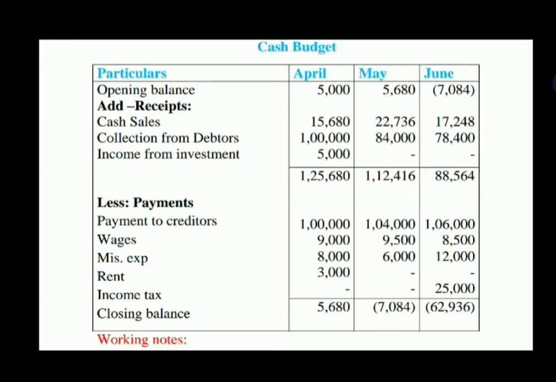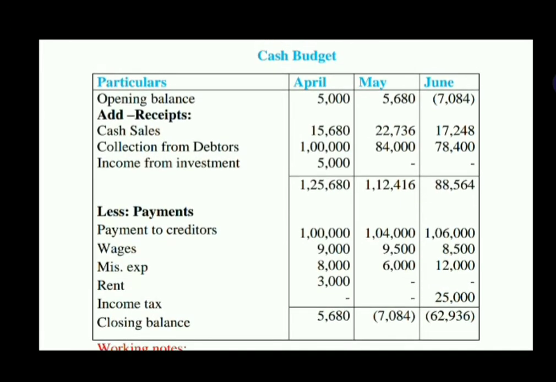This is a pro forma of cash budget. So here, this pro forma of cash budget is according to the receipts and payments method. I repeat, this pro forma of cash budget is according to the receipts and payments method. See here, it starts with the opening balance of cash and we have to add all the estimated receipts during the period.